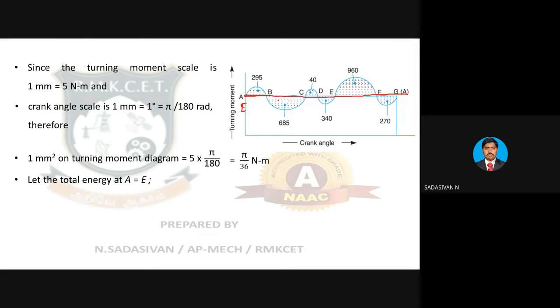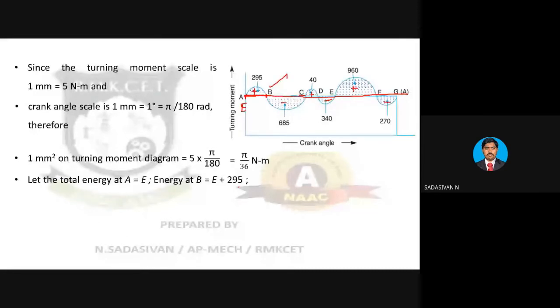So here you have E. What is the next point? Some 295. We will put signs first. When it is above the line, you put plus. Below the line, put minus. Plus, minus, plus, minus. It is a cumulative summation. First you have E plus 295, so the second point, point B, is E plus 295. Third point C: E plus 295 minus 685.